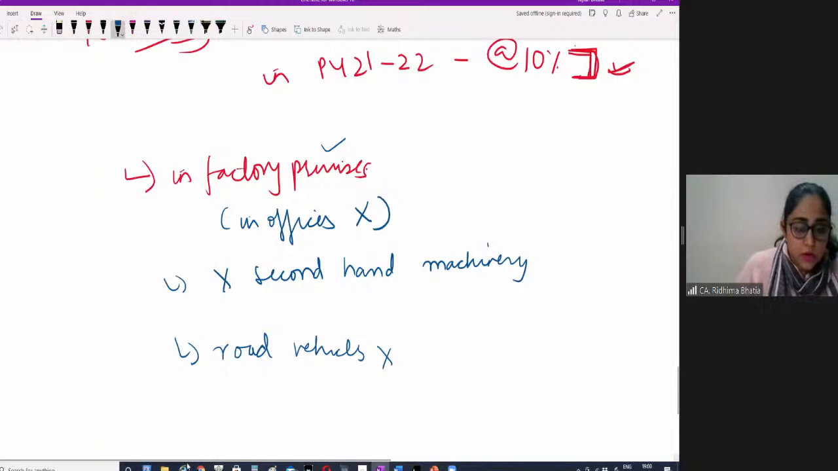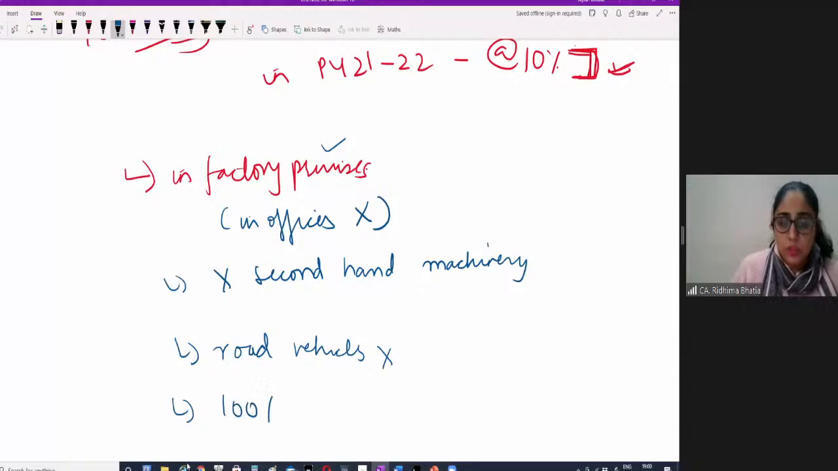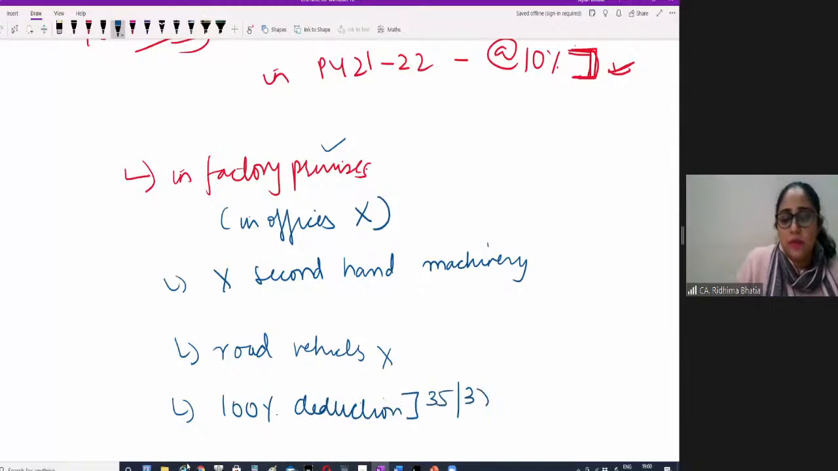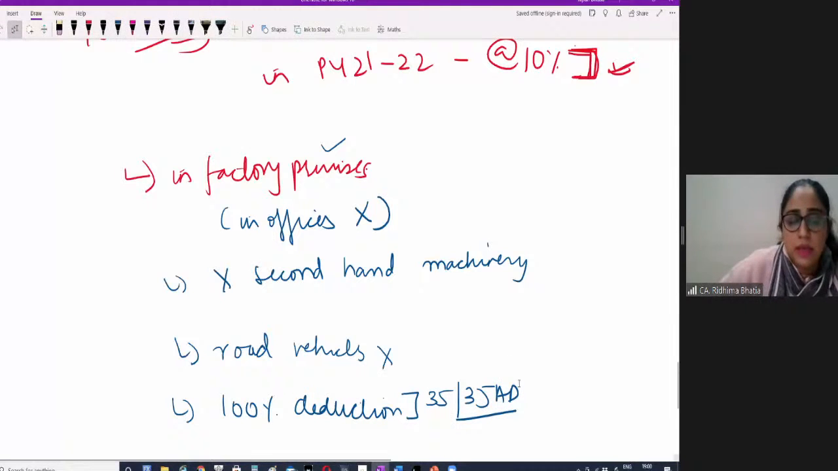Then your last, any plant and machinery which is allowed as 100% deduction, on that you will not get the additional depreciation. 100% deduction you will see under section 35 and 35AD, you get 100% deduction of capital plant and machinery. On that you will not get the additional depreciation. So these are the things which you need to take care of. Next is